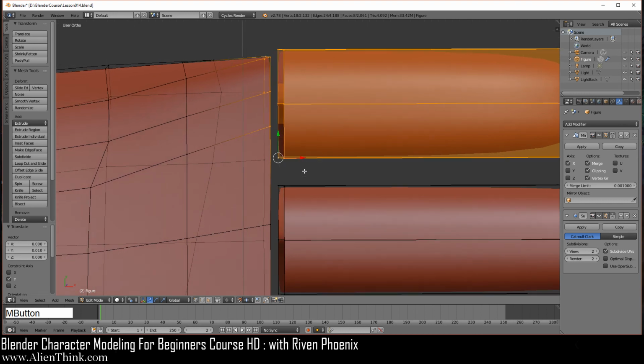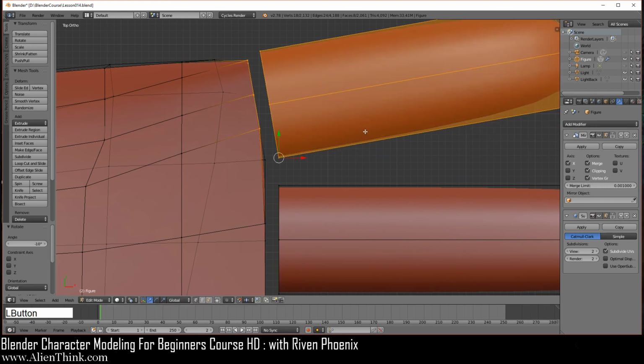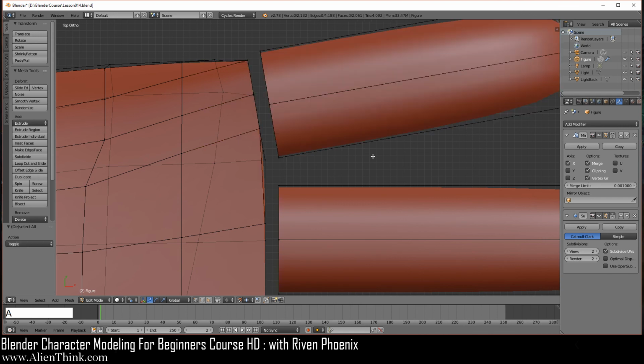You can use the middle mouse button to make sure that you have. It doesn't matter which vertex it is, top or bottom. It just needs to be here. Press the 7 key over here to go back to your top view. Now you're going to press the R key to rotate, and you're just going to do 1 and then 2, and then the left mouse button. Now do A to deselect.